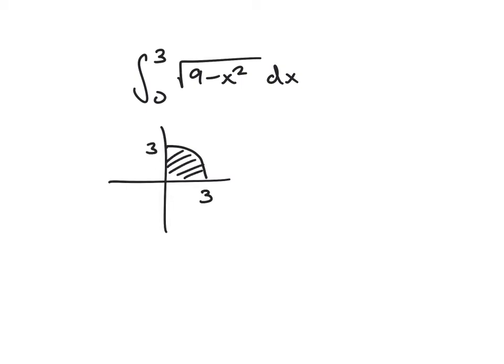And so this is going to be pi r squared for the area of the circle, but over 4 because it's just a quarter circle, and our r here is 3. And so we're just going to get 9 pi over 4. That's great. But like I said, it only worked because this was a definite integral and we could interpret it